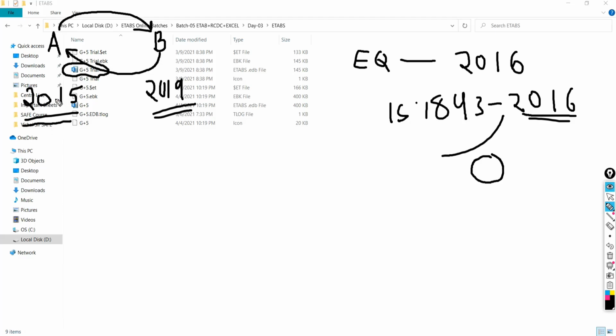So if you are taking the 2015 version file into 2019, no doubt you can open the 2015 model file in 2019. But what is going to happen? All the results which are not in respect of the 2019 version will be deleted. That is the difference when sharing the file across versions.